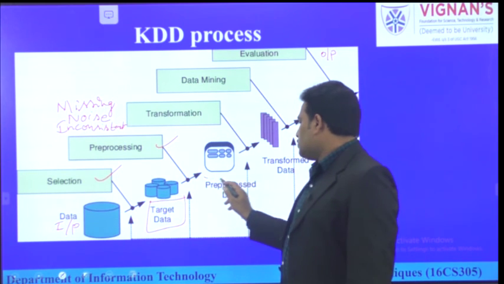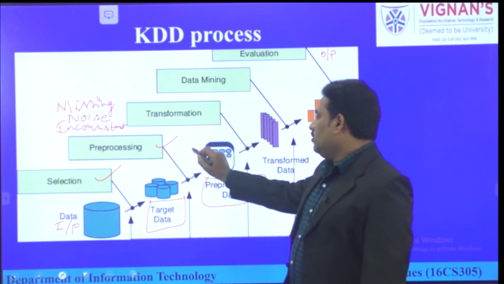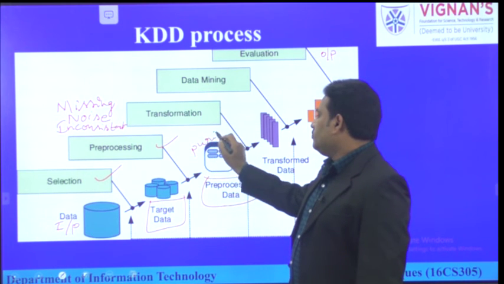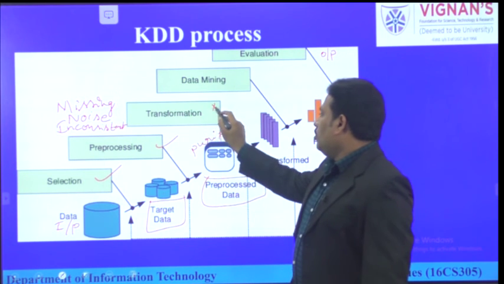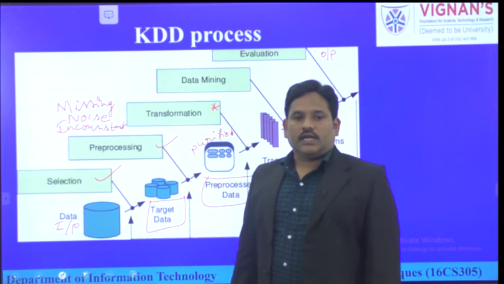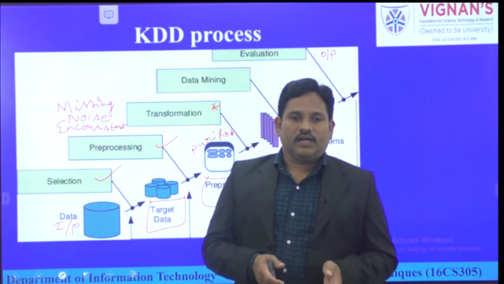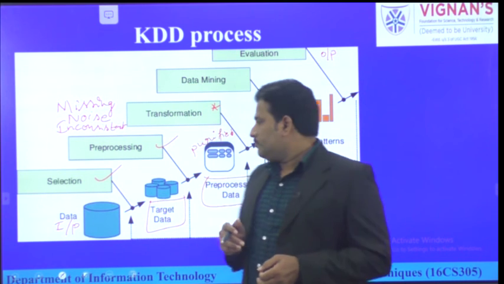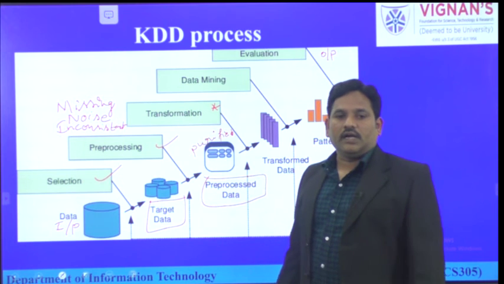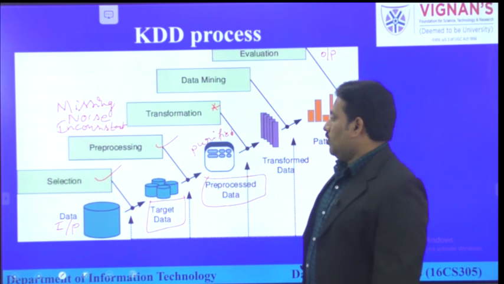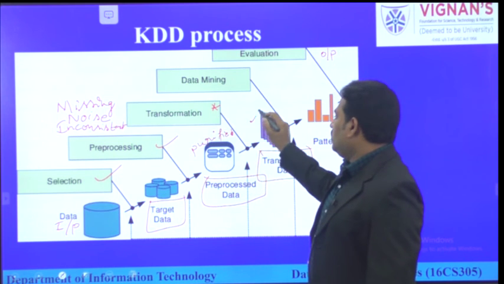Now here, after applying pre-processing, we got pre-processed data. That means it's purified data. Now on this purified data, if required, we are going to apply some data transformation techniques. Here we want to convert the form and format of the data for our convenience. Now in this transformation, we will see various types of data transformation techniques and data normalization techniques. So here we got some transformed data.